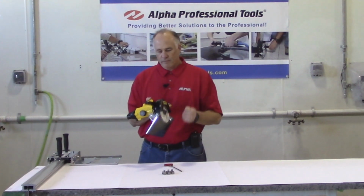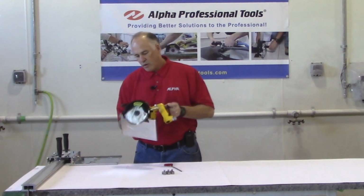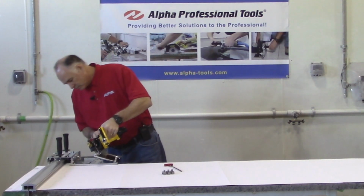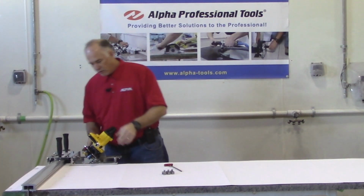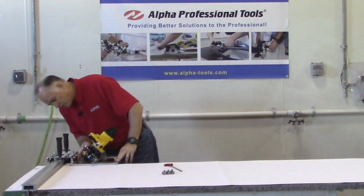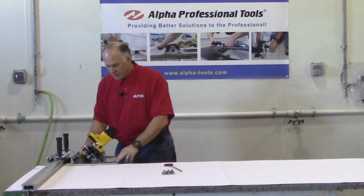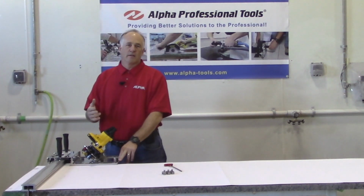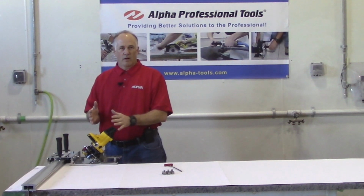Next, we're going to take our pneumatic stone cutter that we've already adjusted the angle to 45 when we mounted the blade. So what we want to do, I'm going to bring the stone cutter on itself. Then I'm going to push the blade so it makes contact with the ears of the template. Once the blade's making contact on both sides, we know that the blade's in alignment for a perfect straight cut